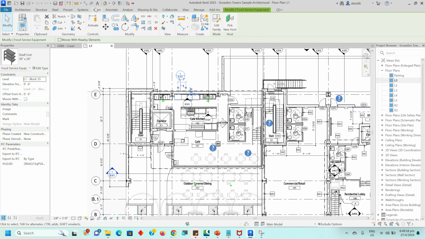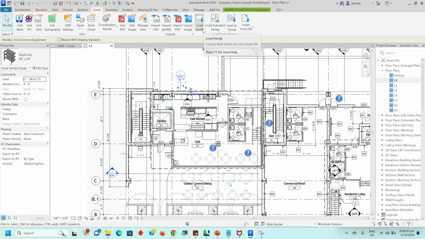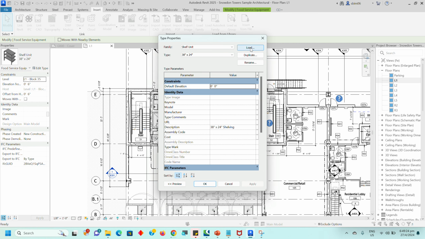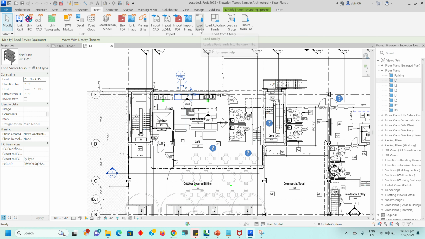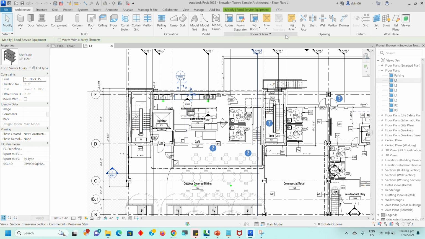We need to go to Insert, Load Family, or we can go to Edit Type. There also the option will come to load. You can load from here, or just drag and drop. You can see the Revit 25 interface is slightly different,